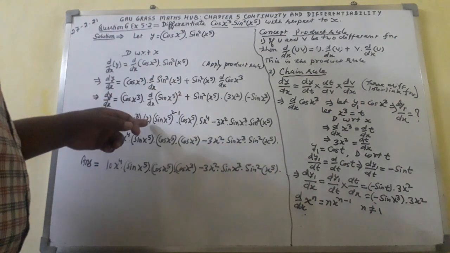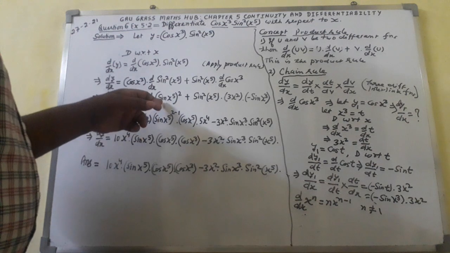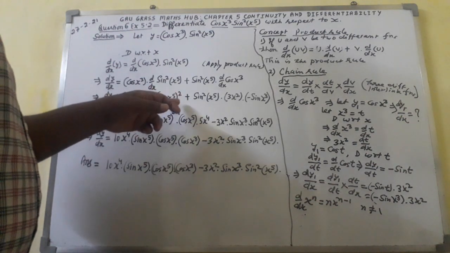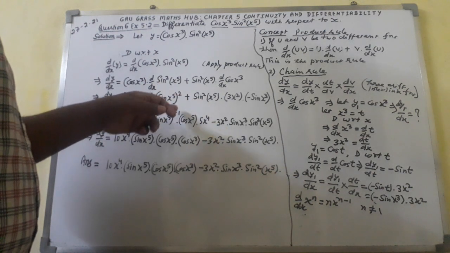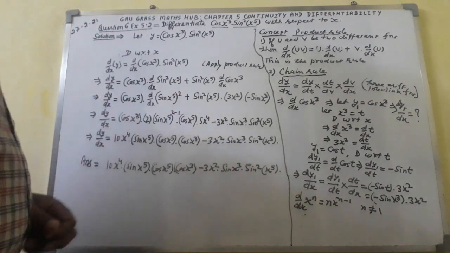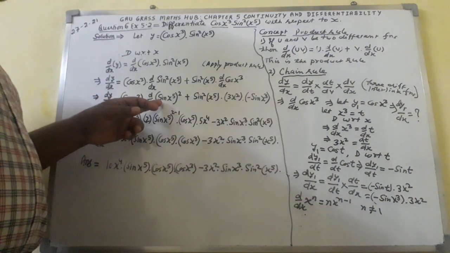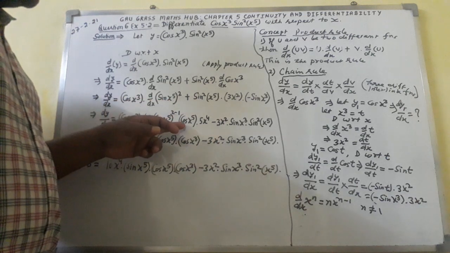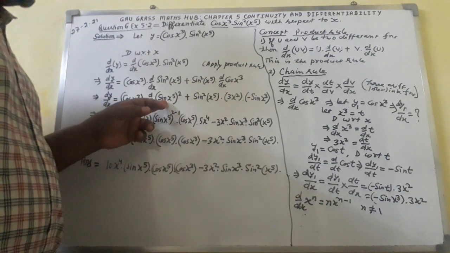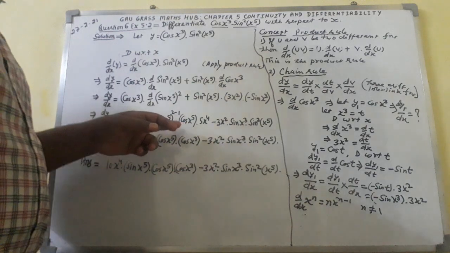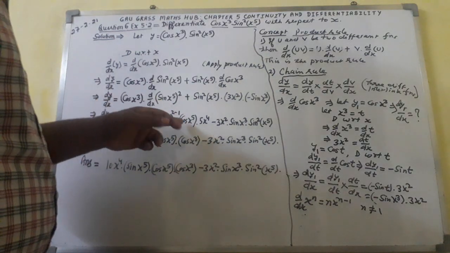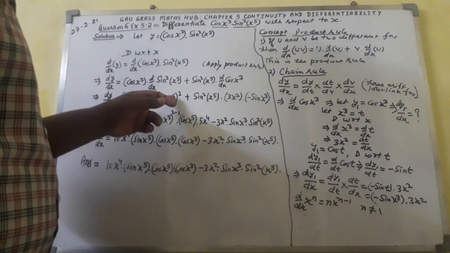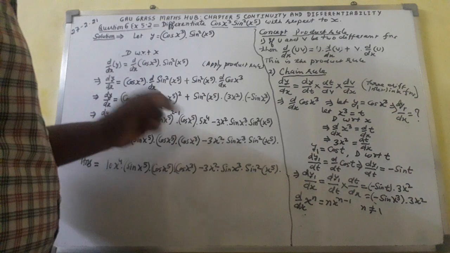2 will go here in front, and the inside function will be written with power n minus 1. In place of n, I shall write 2. 2 minus 1 comes out as 1. And the inside function, sin x raised to power 5, will be differentiated. We will get cos x raised to power 5, because d over dx sin x equals cos x. On the basis of this, d over dx of sin x raised to power 5 gives cos x raised to power 5.